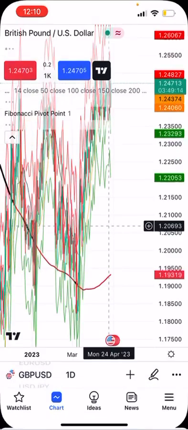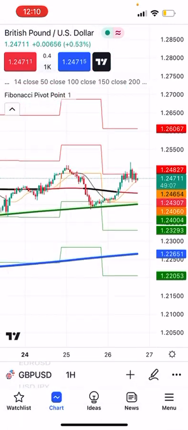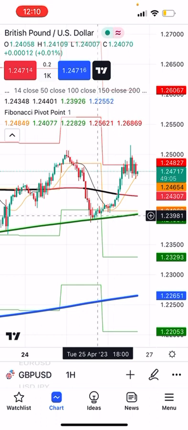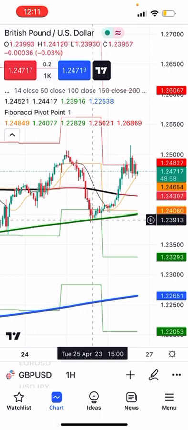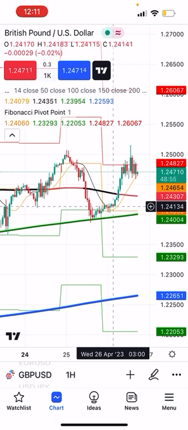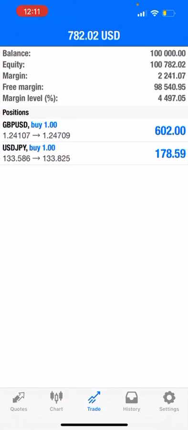I'll show you my trade from yesterday. On the hourly chart, you can see I took the trade yesterday evening, when the market just crossed the SMA 14 line from below, and I went long here on GBP USD. And if we go to our major trader, you can see that my GBP USD took this trade